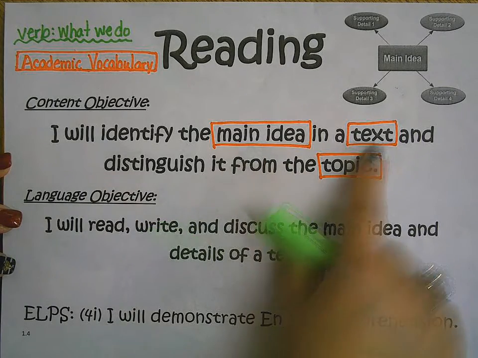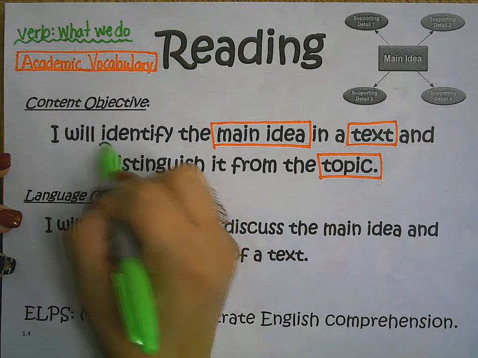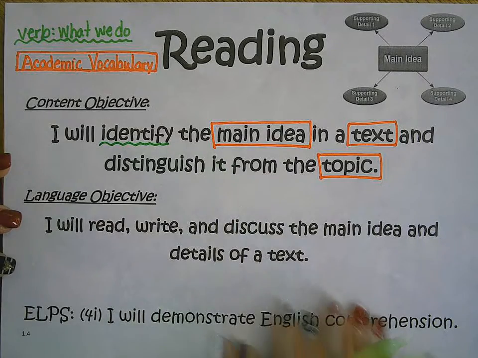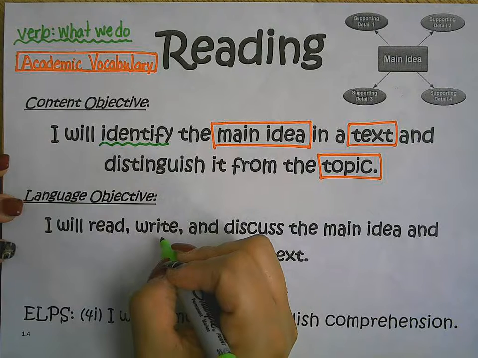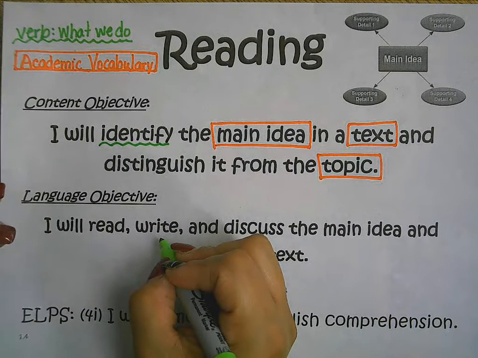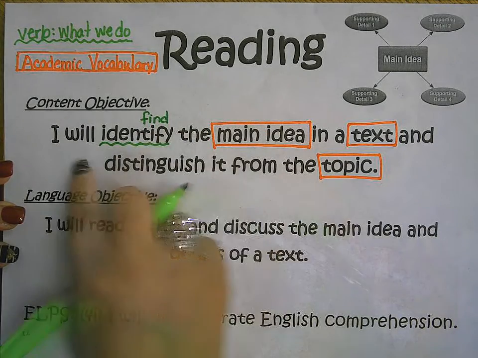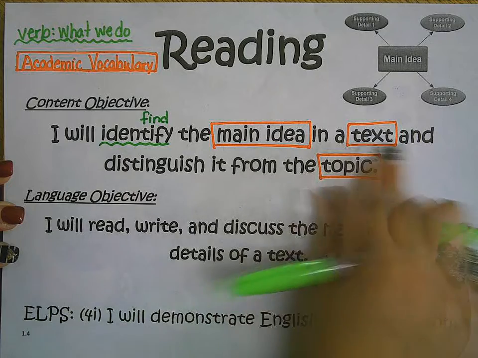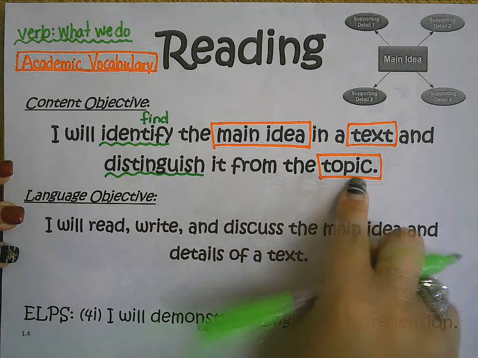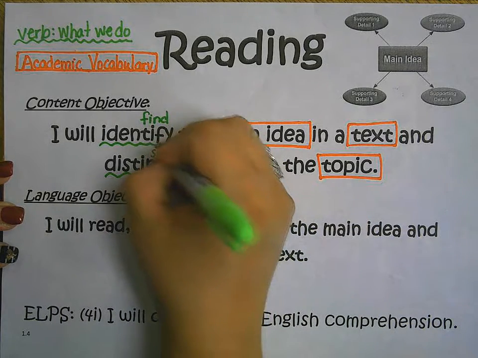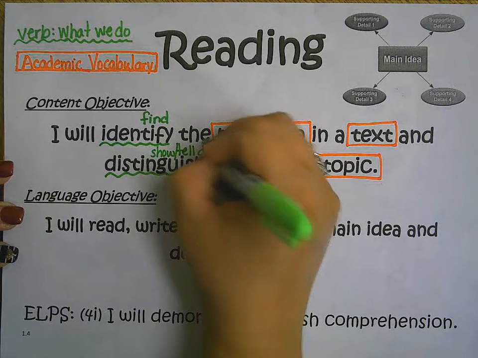What are we doing with the main idea, the text, and the topic? In the text and from the topic. We are going to identify. Identify is a fancy word for, we are going to identify it, meaning we are going to find it. We are going to find the main idea in a text and distinguish it from the topic. That means show or tell how it is different